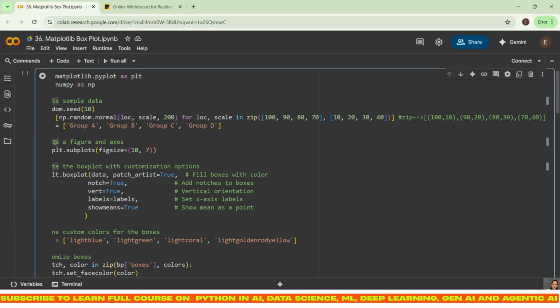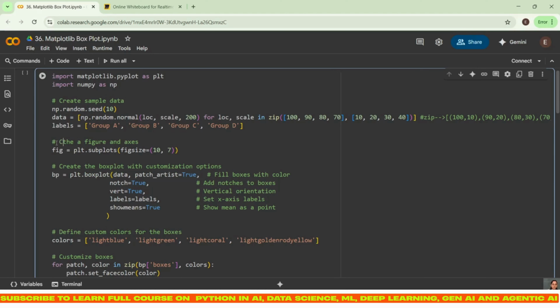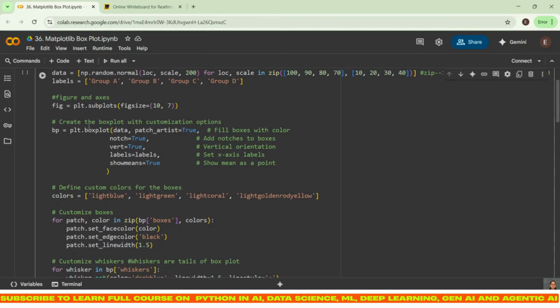Then I am creating my figure, right? Next, what is the next step, guys? We have to create a figure. So I'm creating my figure. What is the method? We have to set the figure size. Figure size means it is going to create your area where you are going to plot your things, right? So I did that. I have taken that figure size 10,7. Then after that, I am creating my box plot. This is how I can create my box plot.